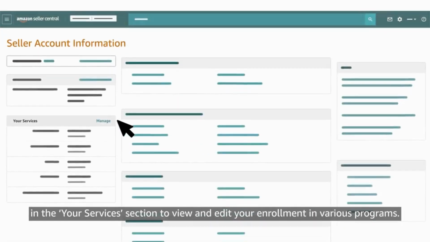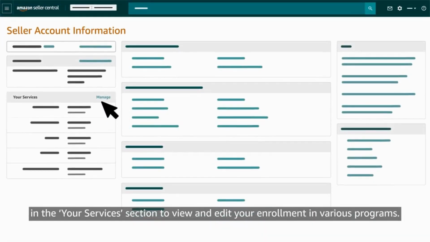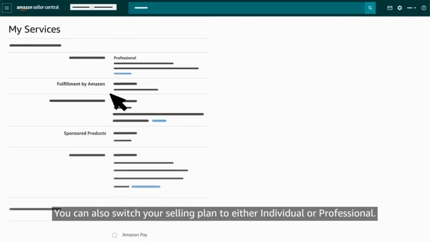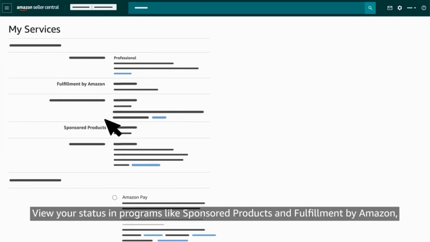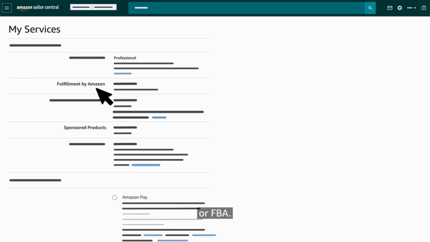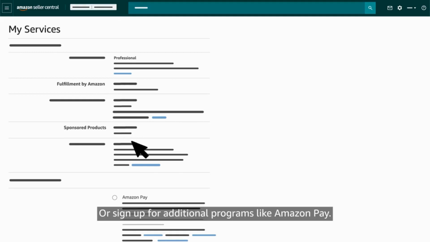Click Manage in the Your Services section to view and edit your enrollment in various programs. You can also switch your selling plan to either individual or professional. View your status in programs like Sponsored Products and Fulfillment by Amazon or FBA, or sign up for additional programs